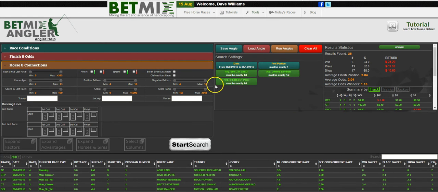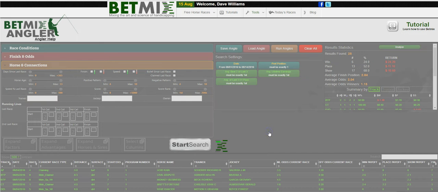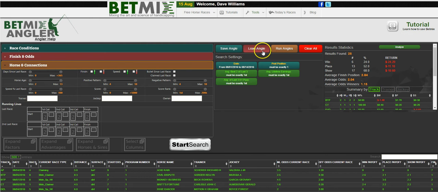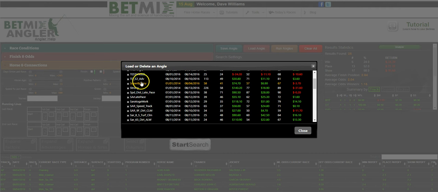And let's say for whatever reason I wanted to save this angle. Since I have the stats here, I'm going to click the save button, and you can see now that these stats over here have been applied to the angle, and I'll just call this test angle and click save. And now when I go look at my angles, when I load my angles, I can sort all of these, and so the one that I just created was a test angle,